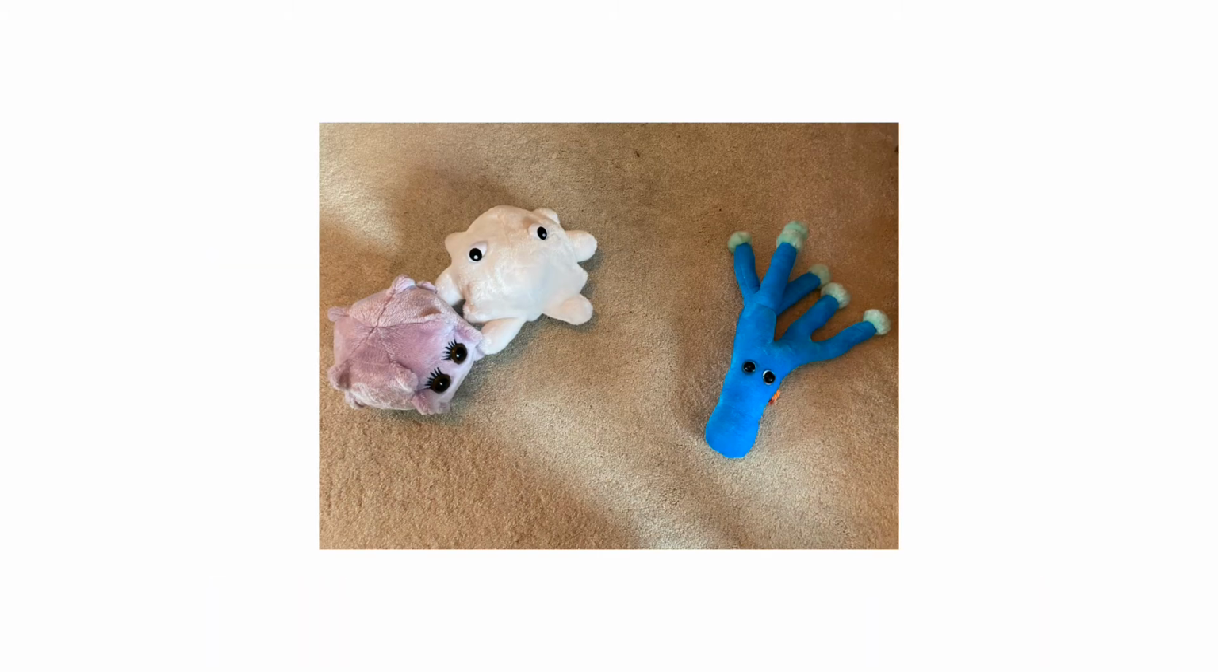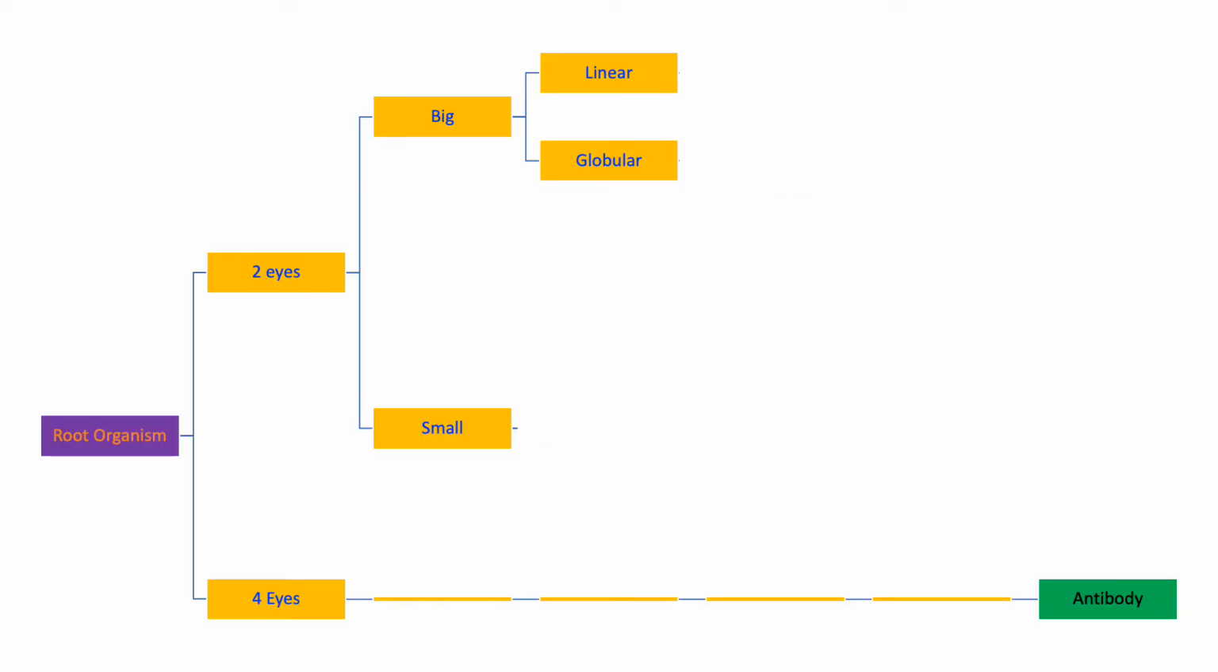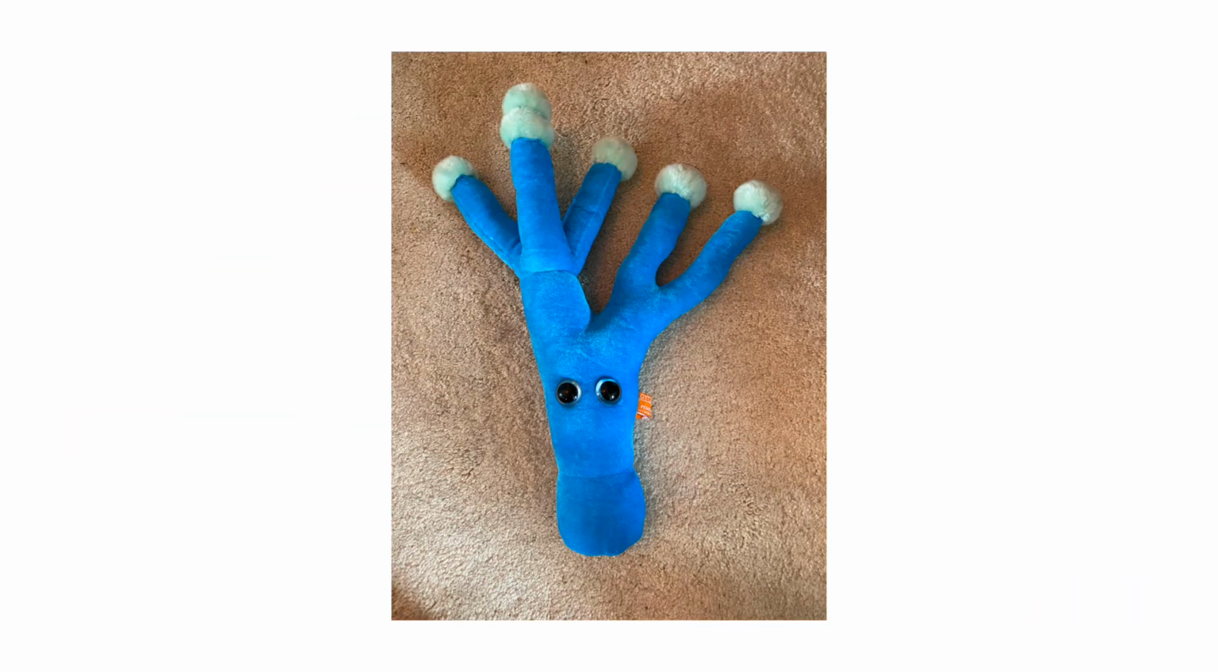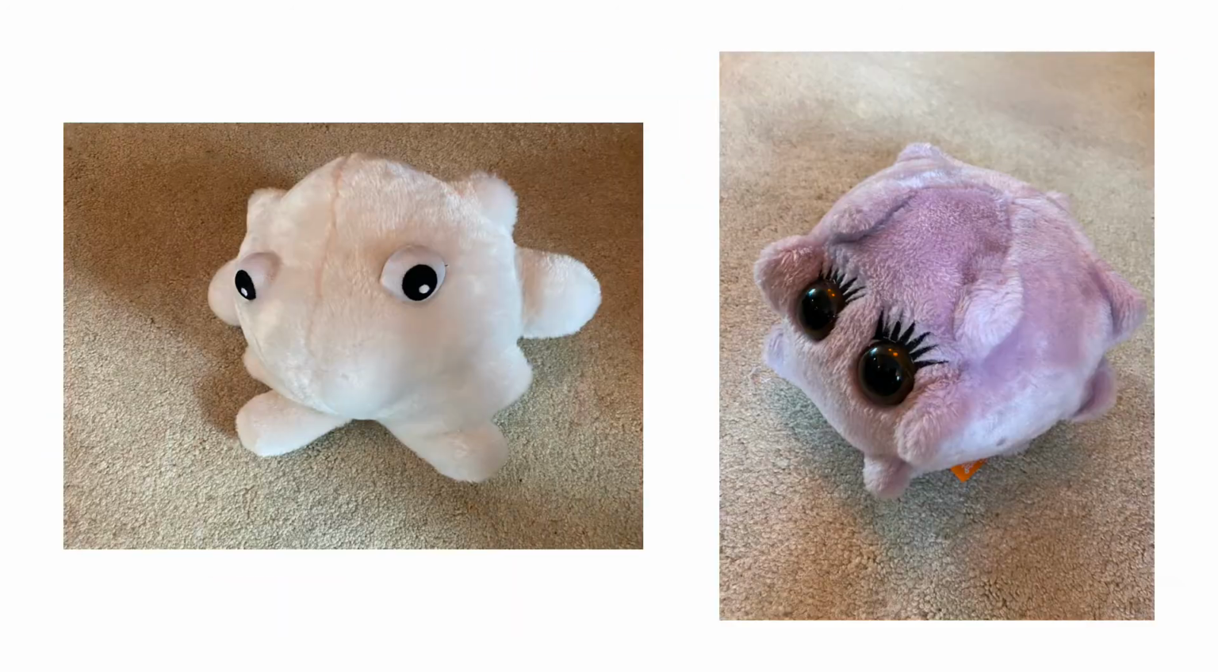Let's start with the larger organisms. They can be divided further into globular beings or more straight and linear creatures. This is the only big and linear organism, called penicillin. Here are the other two organisms with big and globular phenotype. As we can see, they vary in color, with the white one being a white blood cell and purple being